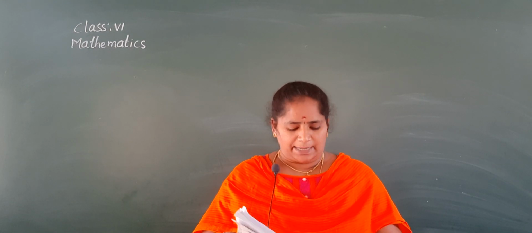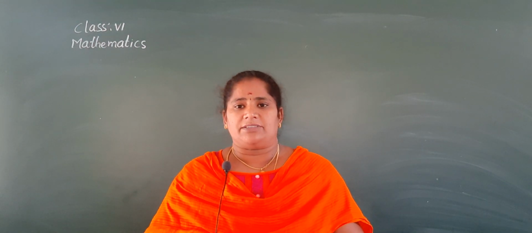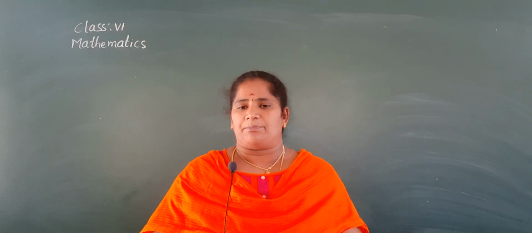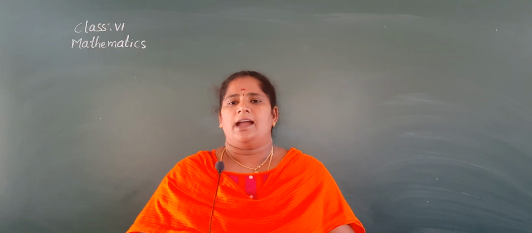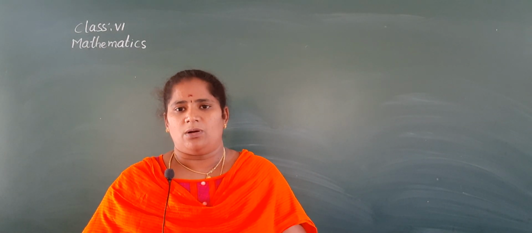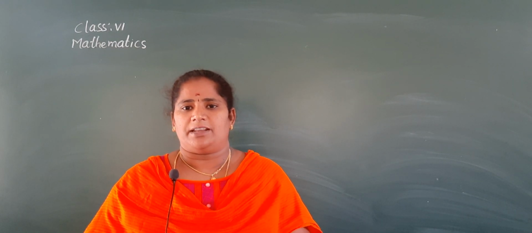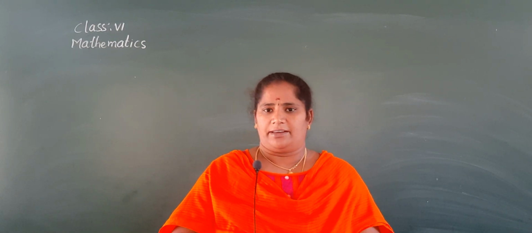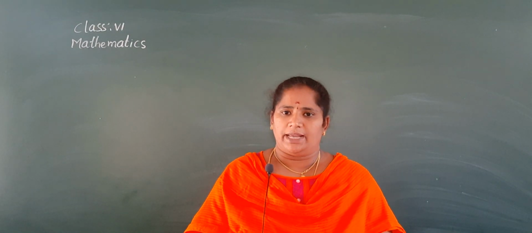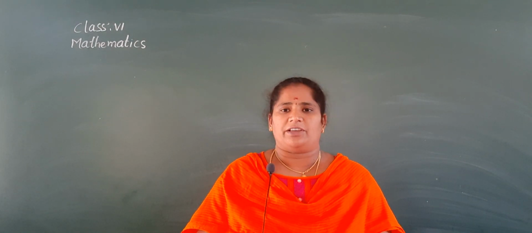Okay, I repeat again, a given number is divisible by 11 if the difference between the sum of the digits at odd places and the sum of the digits at the even places is either 0 or 11, then the given number is divisible by 11. So we completed exercise 3.2 problems also. So today I am going to explain about the factors.